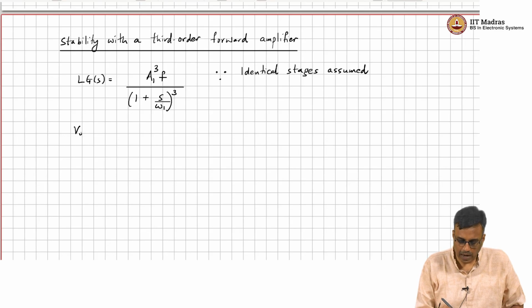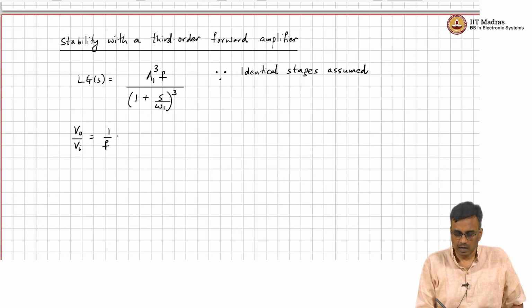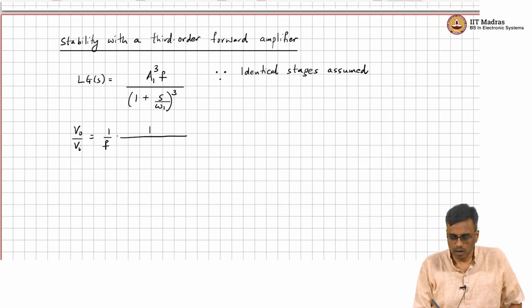So, the closed loop gain V O by V I is nothing but 1 over f times 1 over 1 plus